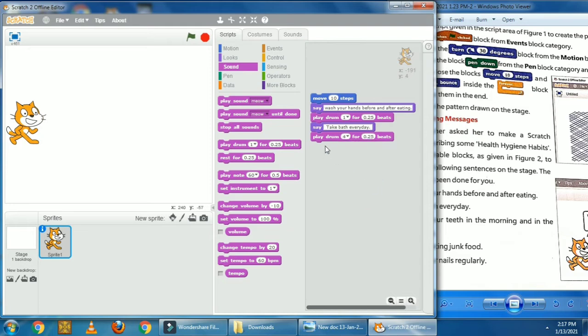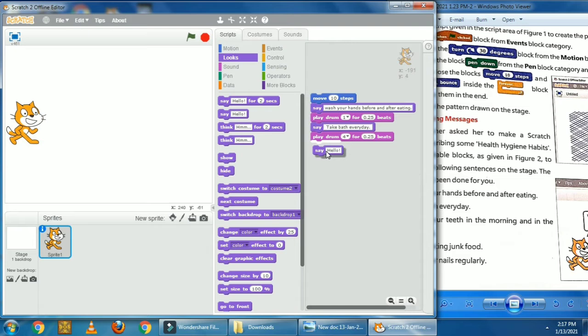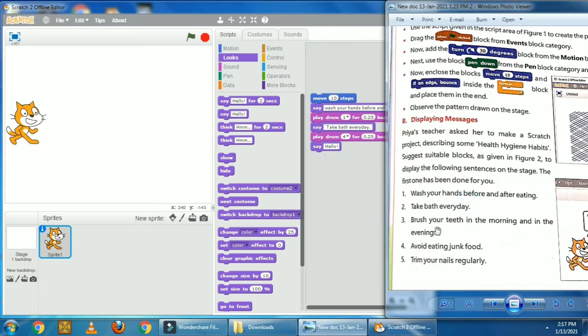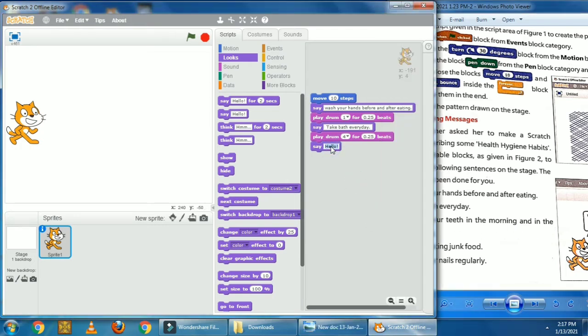Okay, 4. Okay, now again take say block from the looks block, say hello block, and type the third message, which is brush your teeth in the morning and in the evening. So click on this hello message and type brush your teeth,